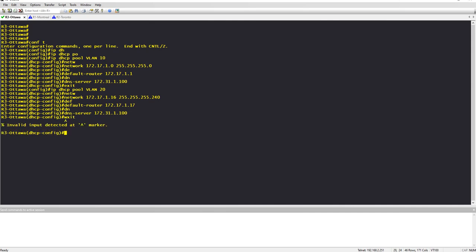And I'm gonna do the same for VLAN 30. The network will be 172.17.1.128, 255.255.255.240. The default router will be 172.17.1.129,